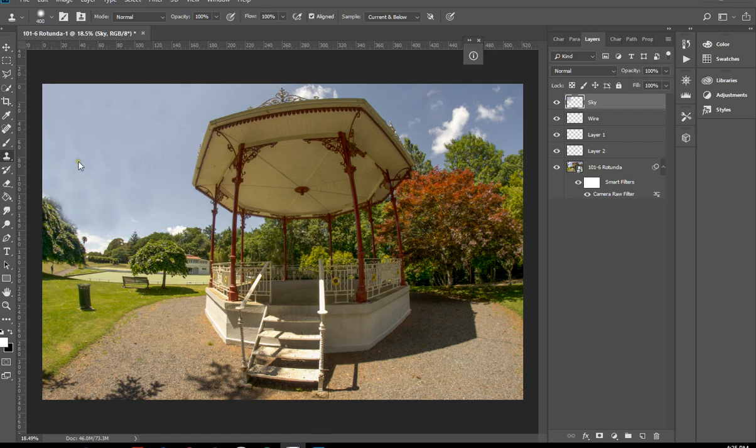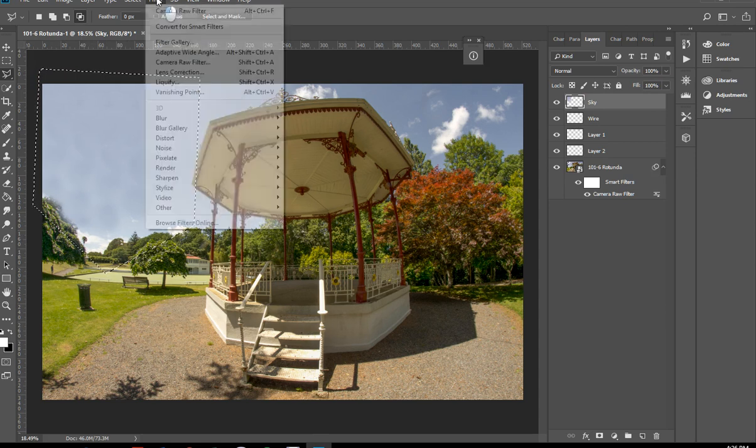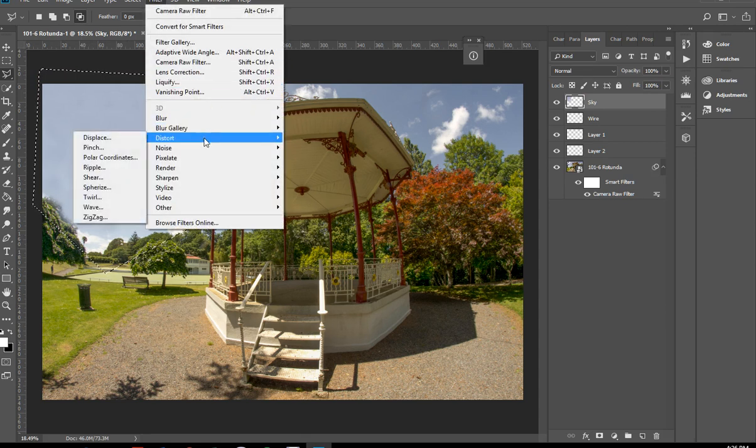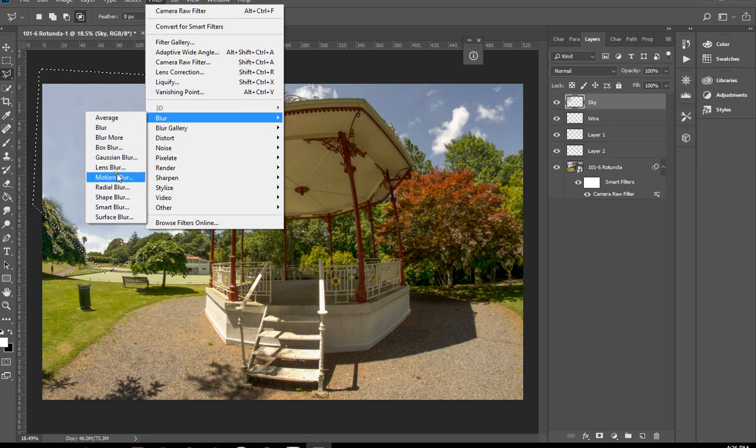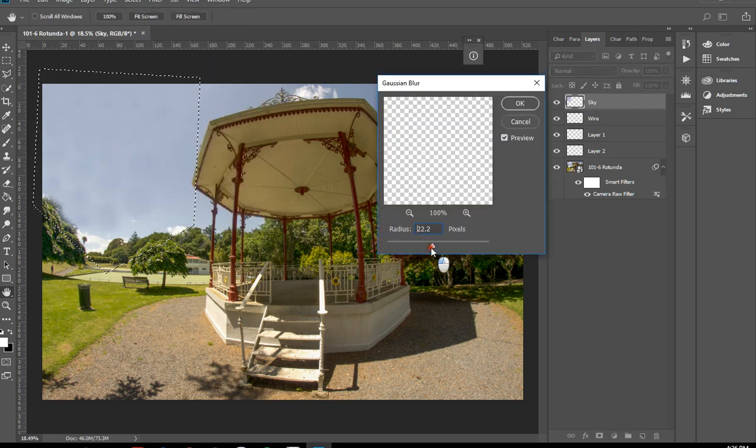So one of the things that we can do is grab that area, and we're just grabbing that layer itself, that one layer, the sky layer, and we can blur it. So we're going to go Filter, and which filter are we on? We're on Blur and Gaussian Blur. And so we can push that away. Now you can see that there's a bit of a tree poking through there, and there's a bit of a tree poking through the other side of things. So let's cancel that,